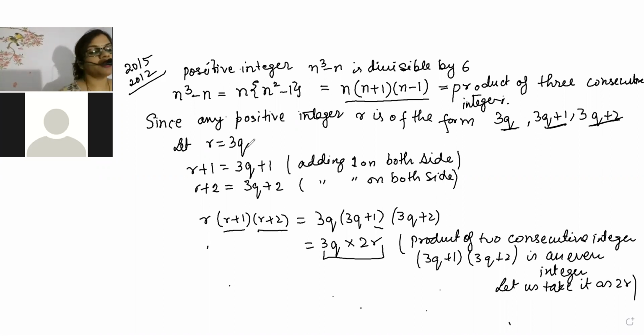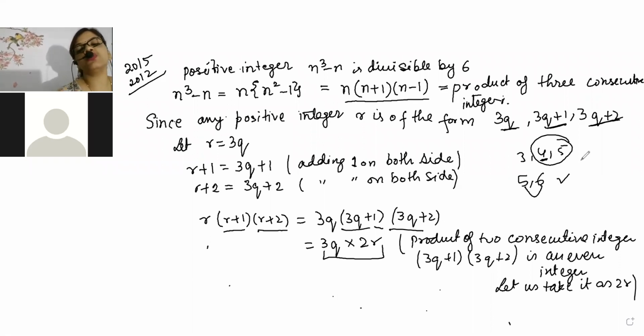So 3q may be odd. But beta, here the most important part is these two numbers. If I take 3, 4, 5, then definitely this 4 is exactly even. So when you take two consecutive numbers, 5, 6, when you multiply, it will become an even number. Take two consecutive numbers, 9, 10. Now 9, 10 when you multiply, it will be an even number. Two consecutive numbers 11, 12. When 11, 12 are multiplied, it will give you an even number.